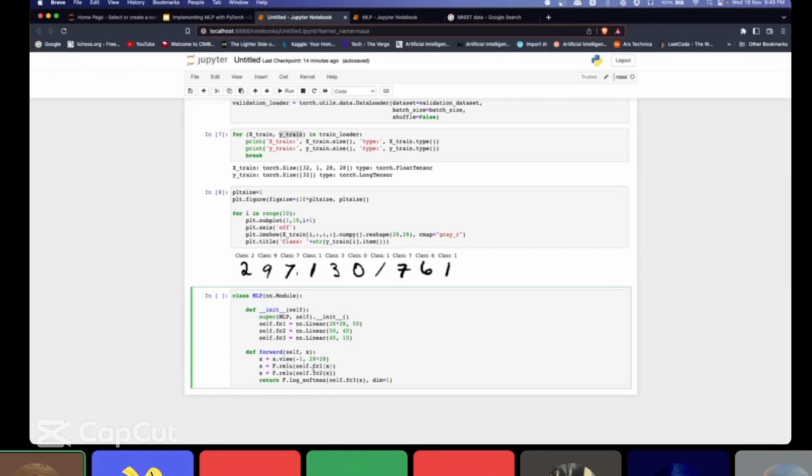Once we have used it, we apply the ReLU activation function. Like I said, there are activation functions here, and we are using ReLU. So we use the ReLU activation function once the input is calculated, and that's your x. Again, now you put it inside FC2, the second layer, and again you use the ReLU activation function. And then comes the third part. You pass this output to the third layer,